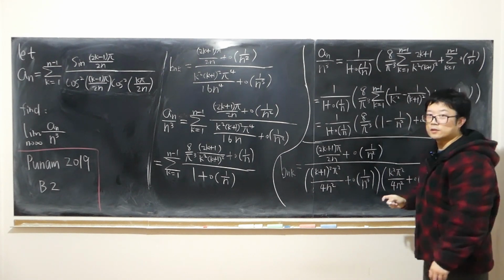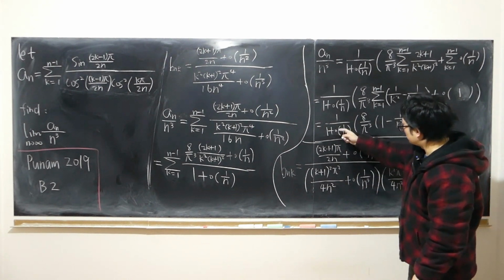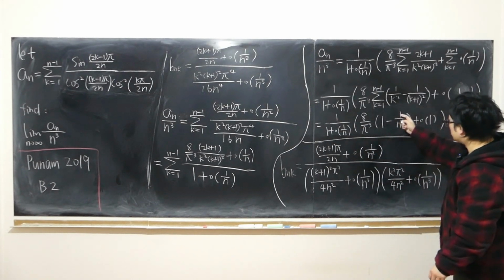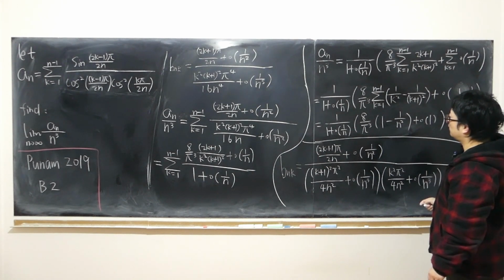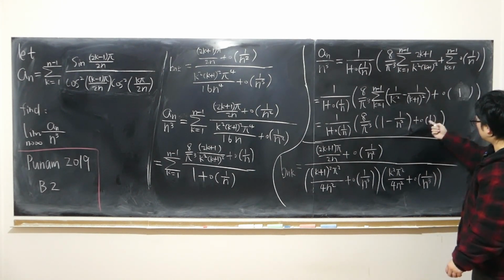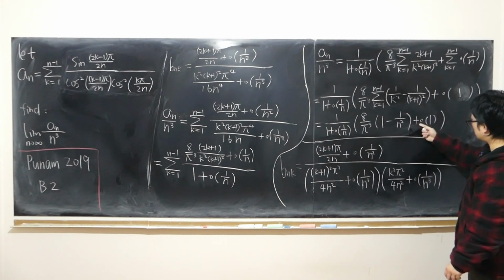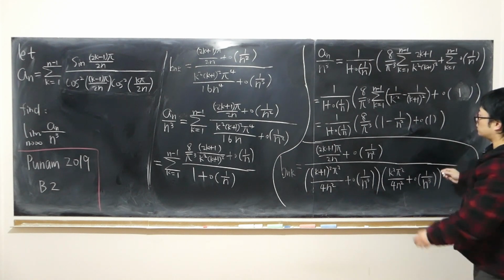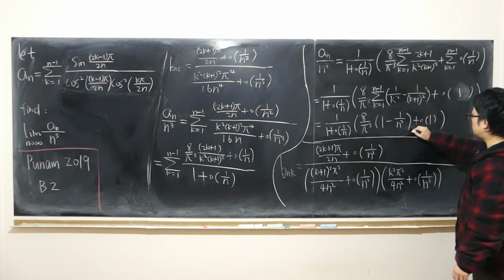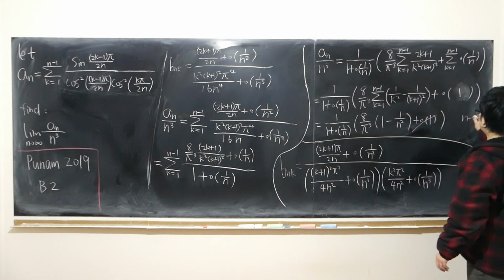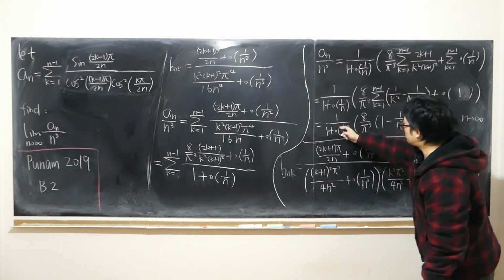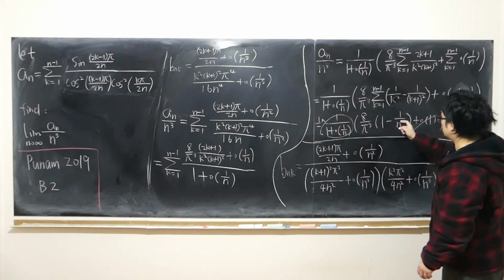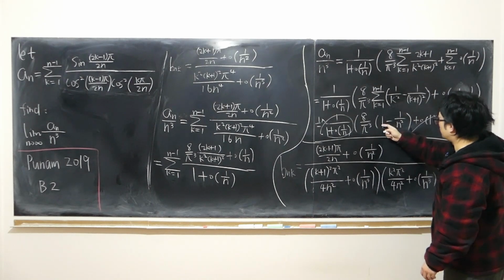So when n approaches infinity, this whole thing approaches 0. So this approaches 1. This approaches 0. This approaches 1. This little o of 1, little o, like I said, approaches 0. Still approaches 0. They all disappear, except this approaches 1. This just approaches 0. This approaches 1. The only thing